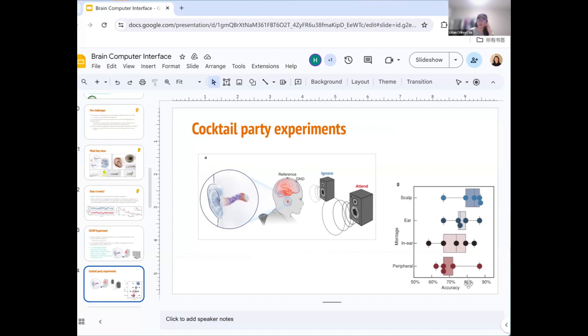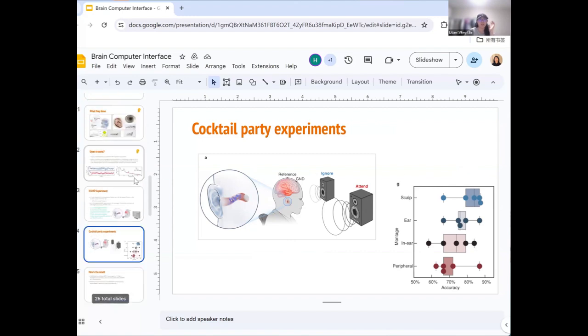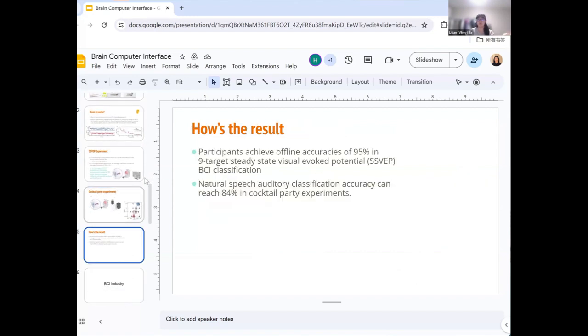And then the accuracy is pretty high from this graph. And so you can kind of tell that even though you have those implants, it won't influence your hearing a lot. So then we go to the result. This actually shows this can work with 95%, and the natural speech auditory classification accuracy can reach 84% in